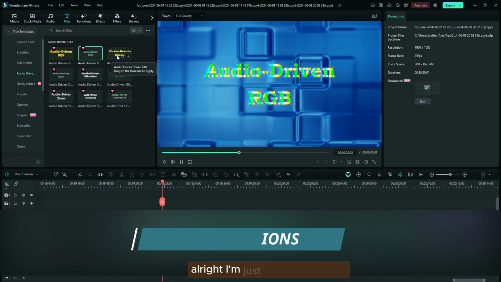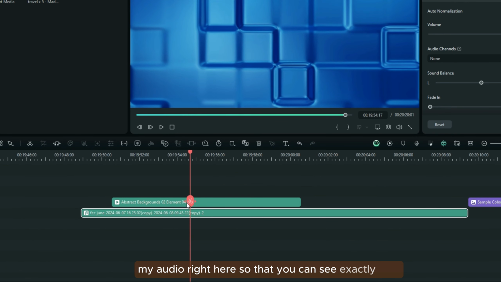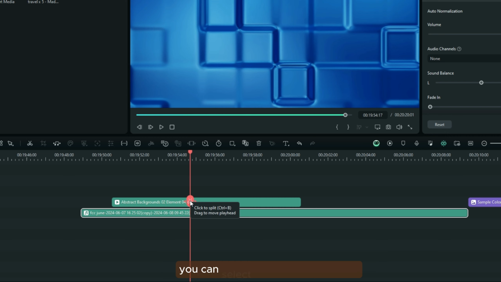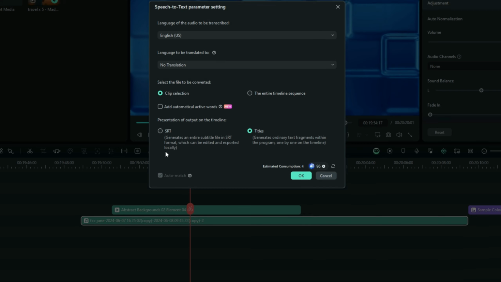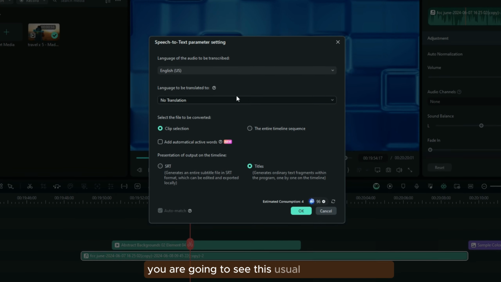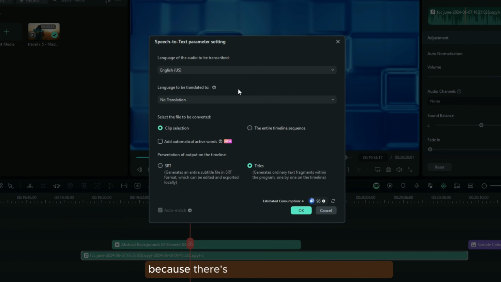Okay, alright, I'm just going to use my audio right here so that you can see exactly how these captions have become better. When you select your audio in the timeline, you can select this option, which is speech to text. Alright, and here you are going to see this usual pop-up window, but it's not usual anymore because there's something that has been added just to make up the difference that we want to talk